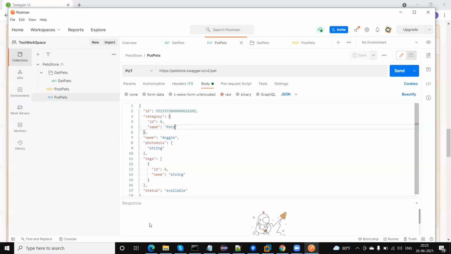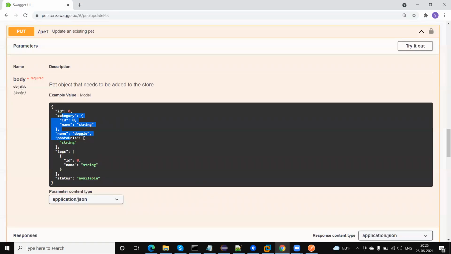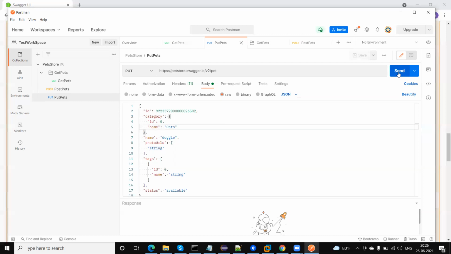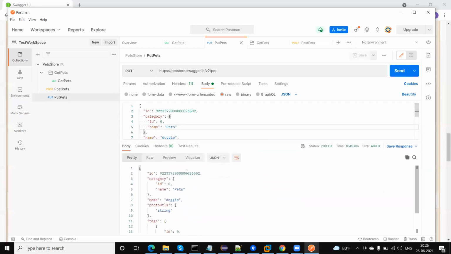So do we need any other fields to set up? No, because there is only one parameter, that is the body parameter. There are no other parameters, content type as well as accept, only two header values. Nothing else we need to set up here. Now let me send the request and you will see the response. So the response is also as expected, same ID. Okay, this is updated, pets getting doggy.